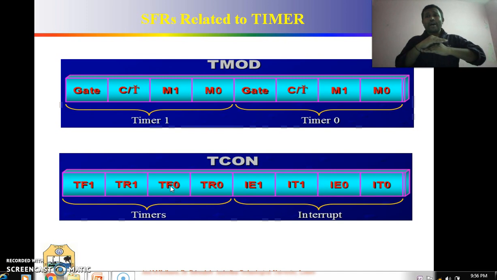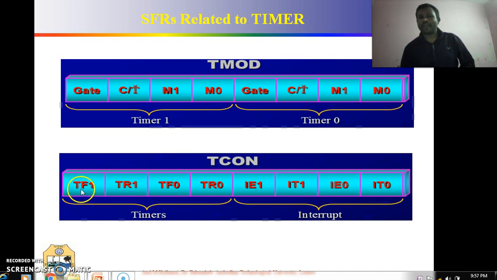And at some instant, the contents of the timer become all 1. And again for the next clock pulse, the contents of the timer become all 0. And this particular instant is called rollover. That means the contents of the timer are full, and after the next clock pulse the contents of the timer become 0. Then this particular flag, TF0, the rollover flag, becomes 1 for timer 0.